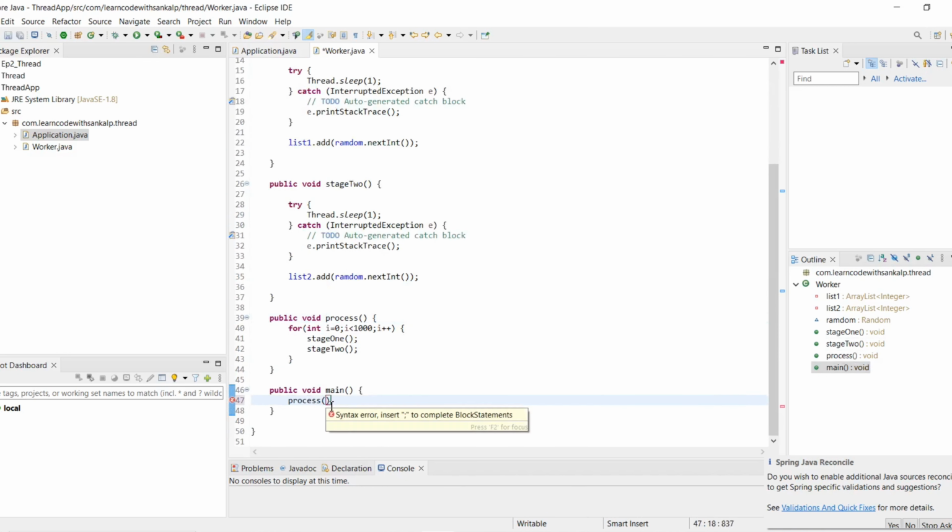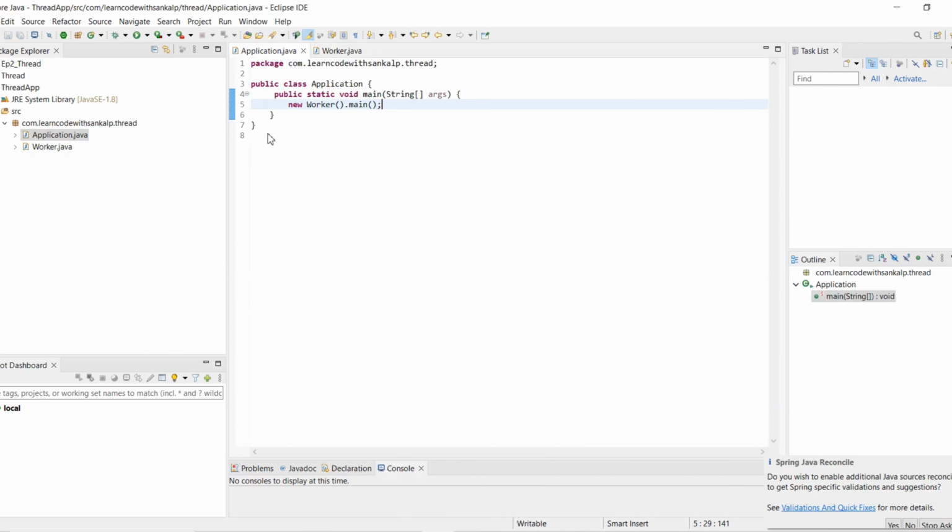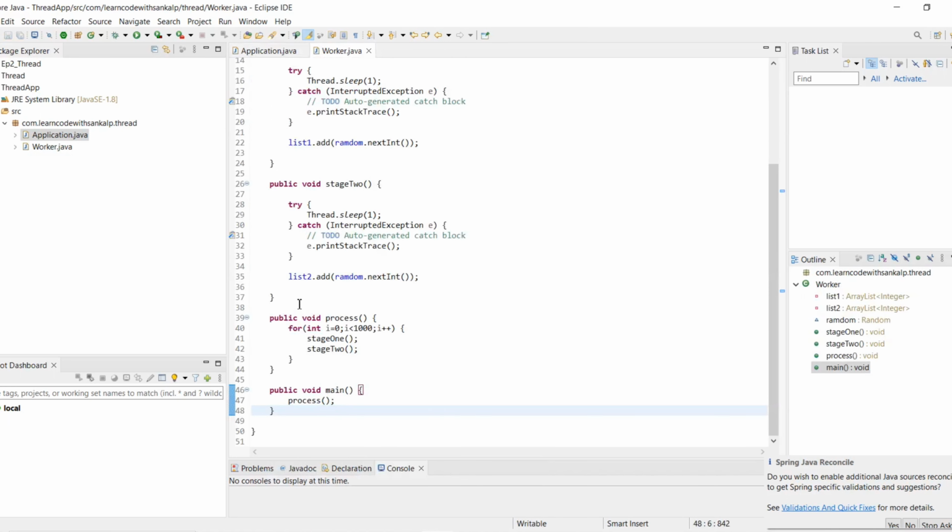Okay guys, then we run this code. Firstly we have to print some things, so we write some printing logic.